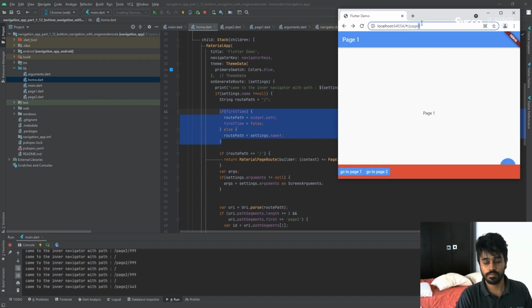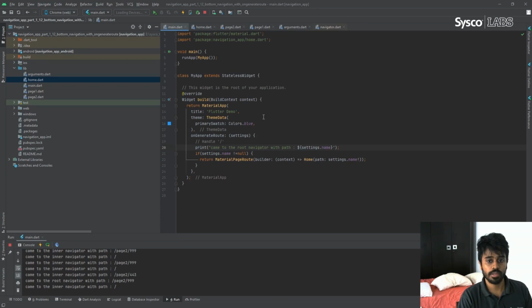But in case we enter a URL value here, then we are using the route navigator again. So in Flutter, they will be calling this onGenerateRoute with that route path, and then again it will boot up the whole application from the beginning, since you are accessing this URL from a fresh browser, right? So then you need to pass that path into our home as well, because then you will get this path in the route navigator, and you will only get the route path in the inner navigator again, right? So how can we handle that?